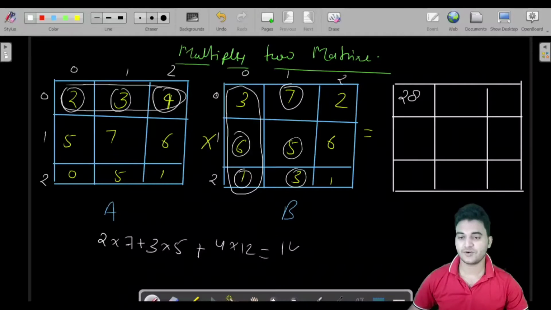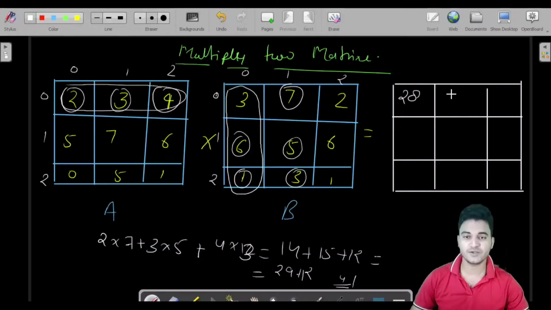So 14 plus 15 is 29, plus 12 is 41. So you would get the result here as 41. The same goes for this one also.